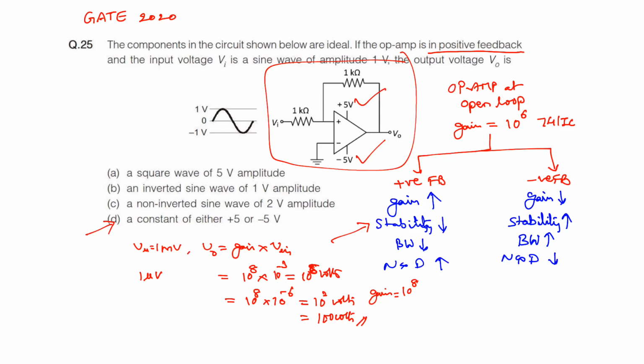If your circuit is using 10 volts, you may get at most 10 volts as the output. If your circuit is using 100 volts, you may get at most 100 volts. But if you are using a 5 volt power supply, how can you expect more than 5 volts? So even for a small change of input with positive feedback, the output reaches the saturation levels. Whenever there is positive feedback, always think that the output voltage is equal to the saturation levels.